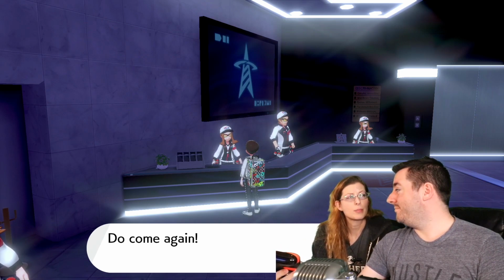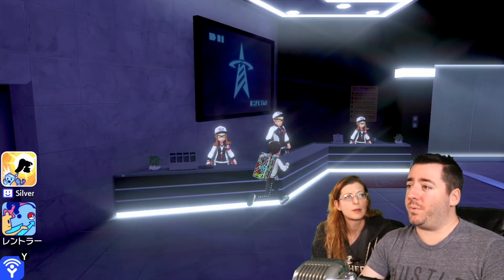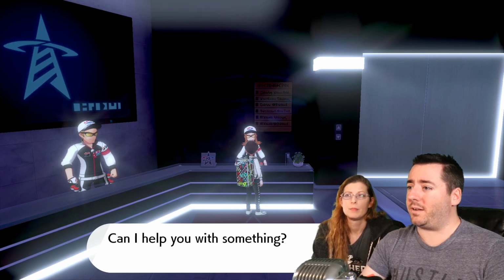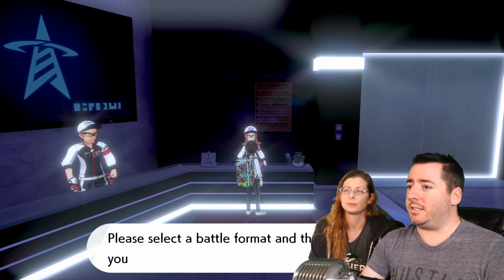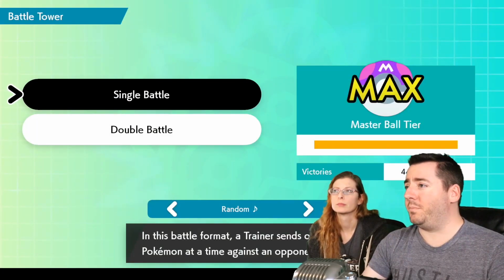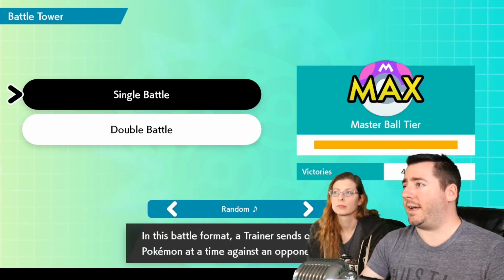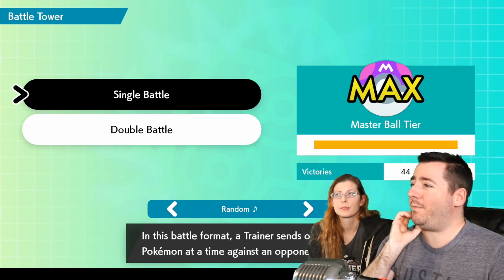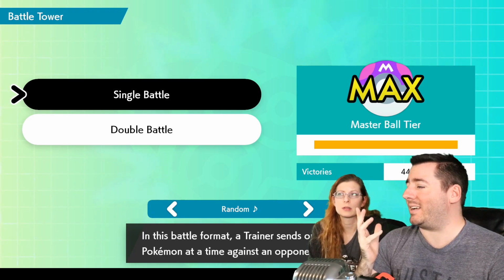What does it take to get battle points? Battle points are pretty straightforward. You go here and talk to this woman at the battle tower. She will take you in and say, would you like to battle? Please select the battle format. I don't have a team built right now because we've been hatching eggs, but you can see I'm at 44 victories. I kind of gave up after I hit the Master Ball tier because it...